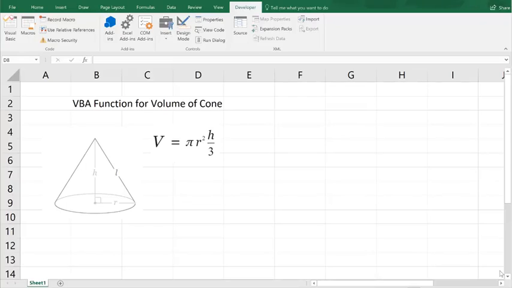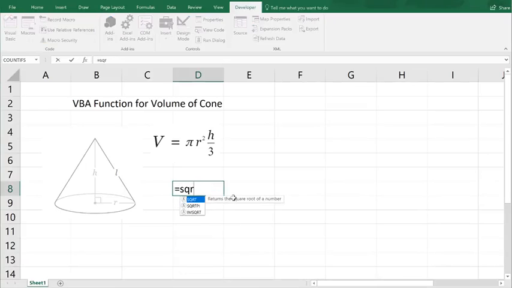There are lots of built-in functions in Excel. For example, I can write in the square root. There's a square root built-in function. There's the average function. There's lots of these. So in this screencast, I'm going to show you how we can make a user-defined function, so a custom function